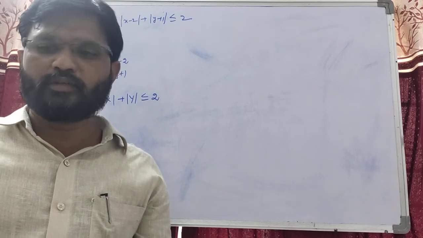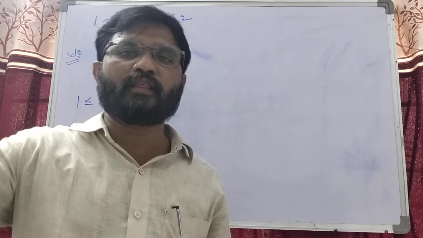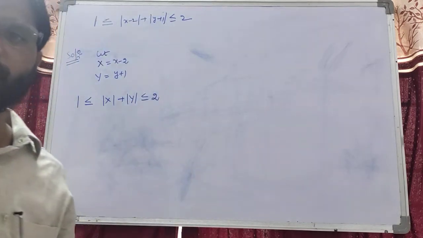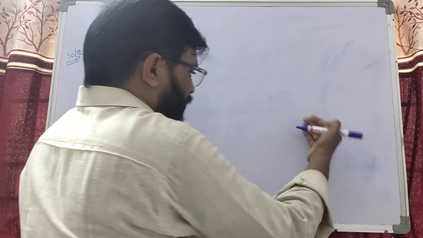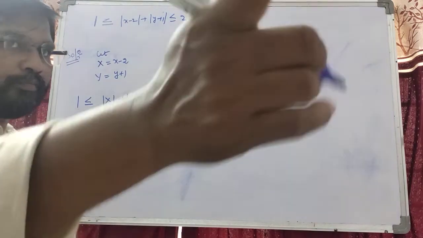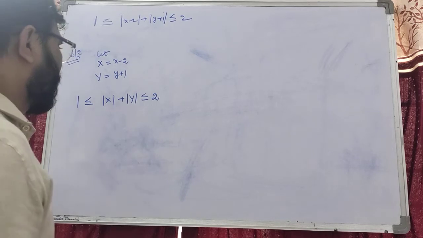Okay, students, suppose we are going to another place, the width and height are the same. Therefore, when the line is shifted to the new coordinates, the area will be the same. So here also we can write mod x plus mod y less than or equal to 2.